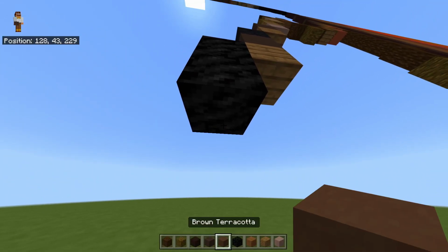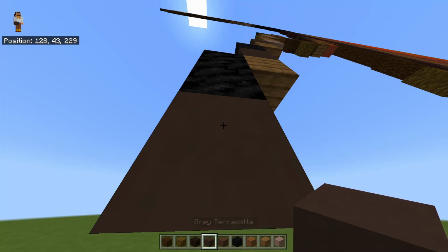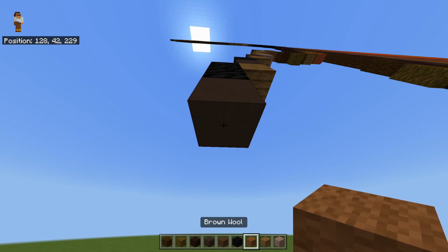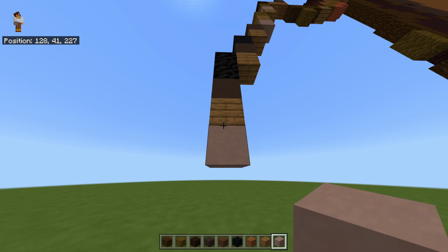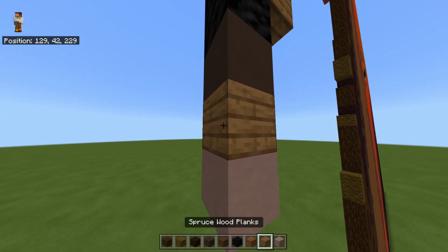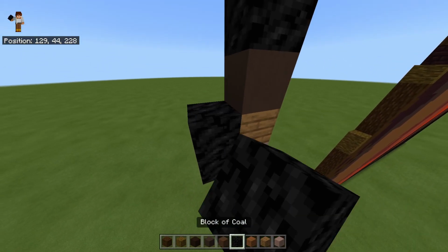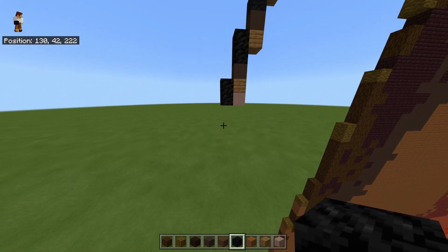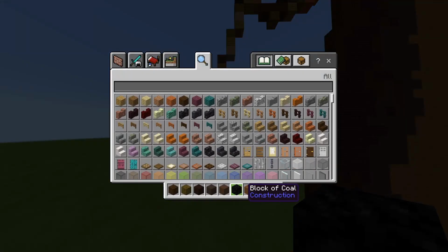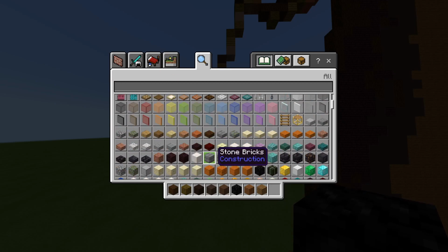From those blocks of coal, underneath it, you can place a grey terracotta with a spruce log below it, and then place a light grey terracotta below that. Next to that light grey terracotta on the left, place 2 blocks of coal going up like so. And I'm going to actually just switch away from this because there's tons of resources over there I don't even have on me. So I think it might be easier if I were to grab...